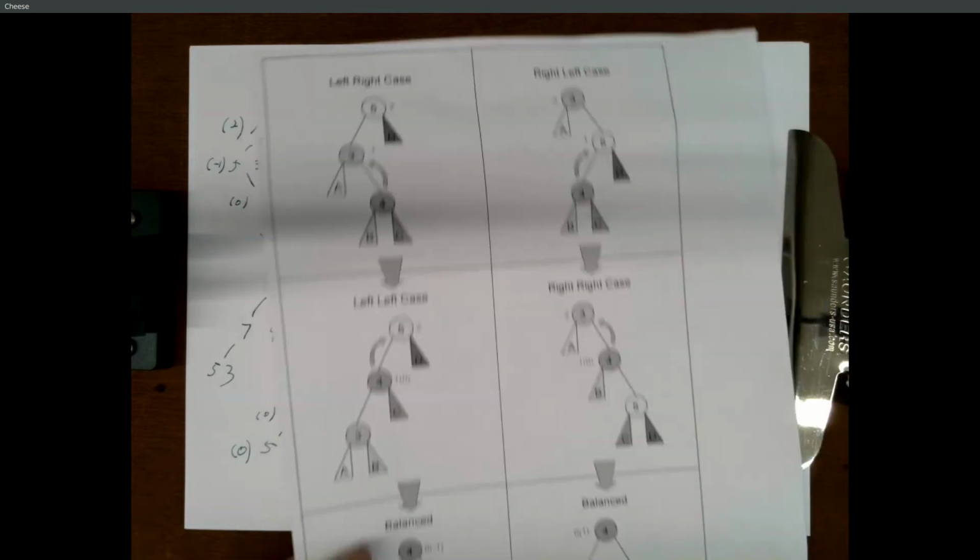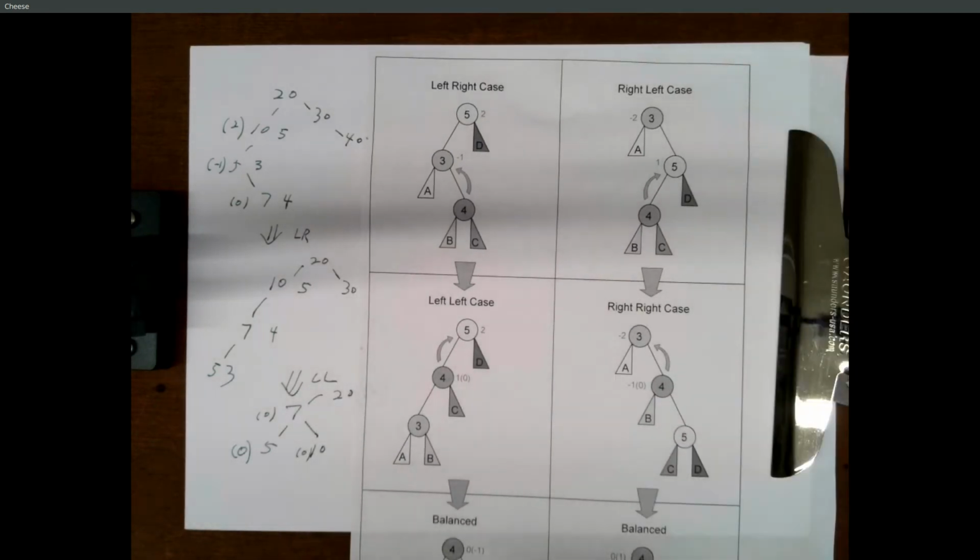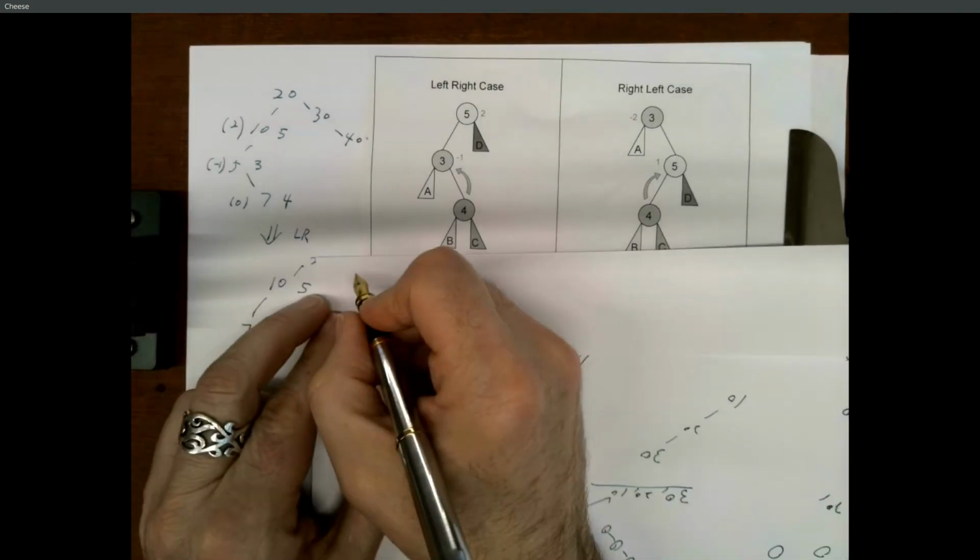Alright, so I'm going to have you do this on your own in a minute, but let's make sure that this is sane. Because, you know, it's easy to move nodes around and make things balanced. The trick is moving things around in a way that keeps this as a binary search tree. Right? We can't just take a node that's over here and pop it over on the right side. We need to make sure everything on the left of a node is smaller, everything on the right of a node is larger. So let's look at the in-order traversal